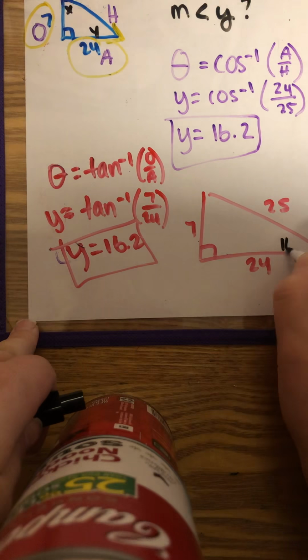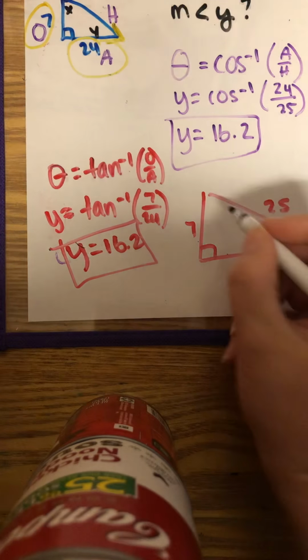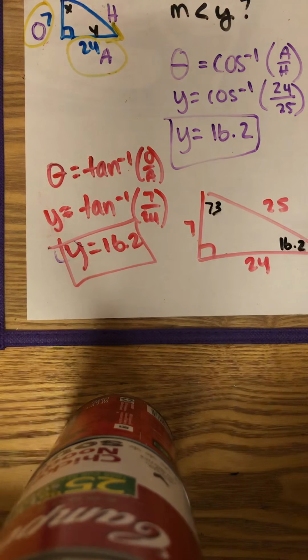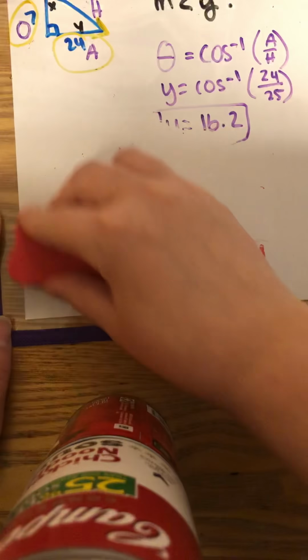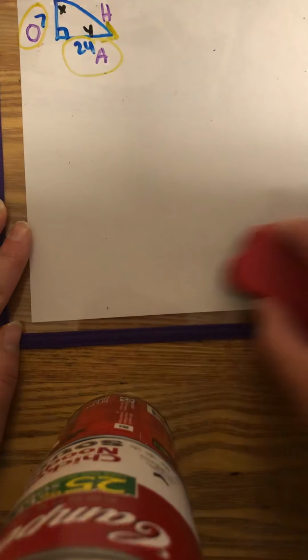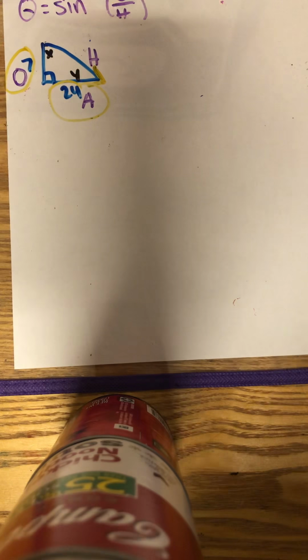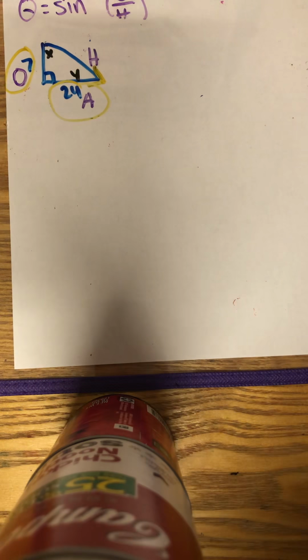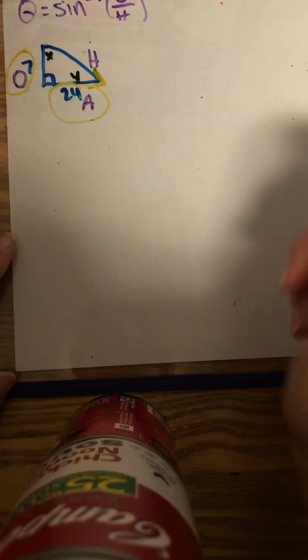I know that this is 16.2, and then we figured out earlier that this one was around 73. Okay? One more way you can see this is if they didn't give you a drawing. They can just give you a statement, and they could say